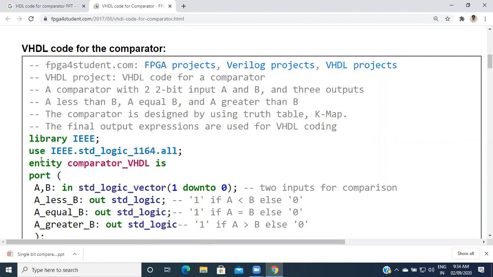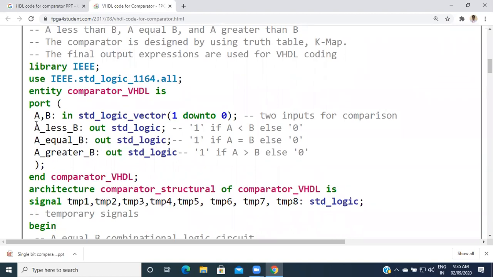The second part is the entity declaration. In the entity declaration, we give the input and output bits. The name of the entity is comparator_VHDL, and the ports present are A, B, of type std_logic_vector, 1 down to 0.